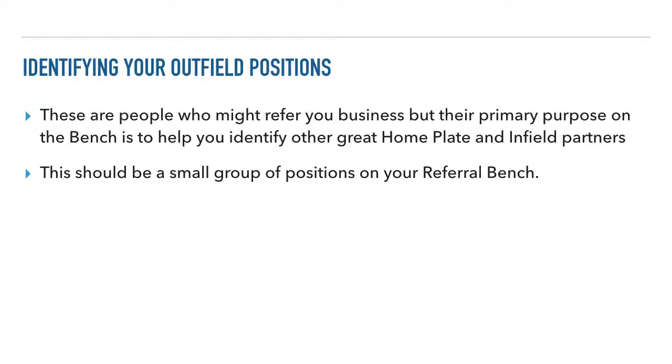This should be pretty small, though, right? So you don't want to have a ton of different positions in that outfield. Again, look at it like a baseball diamond. You've got your home plate, which is a pitcher and a catcher. You've got your infield, which is 4 people: first, second, third, short. And then finally you've got your outfield, which is just 3 people. So it's a smaller group of people, certainly, than your infield. So keep in mind that it should be a small group of positions on that bench,